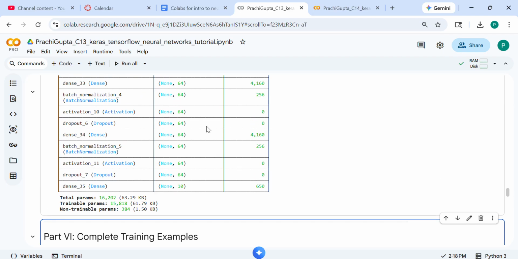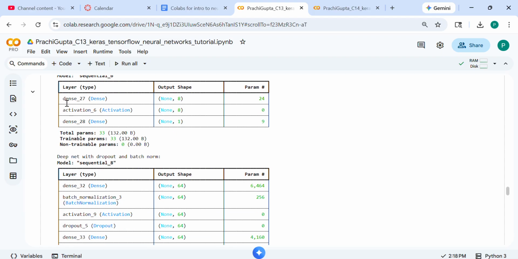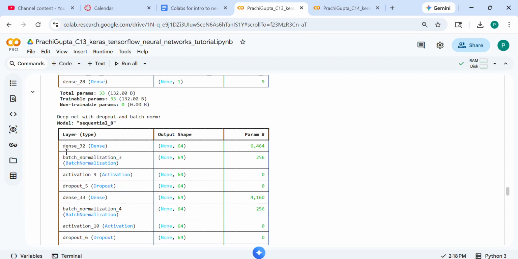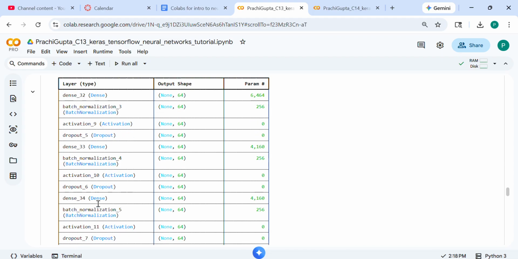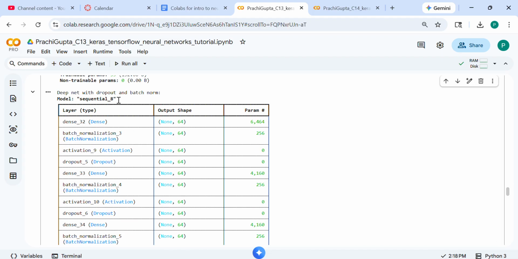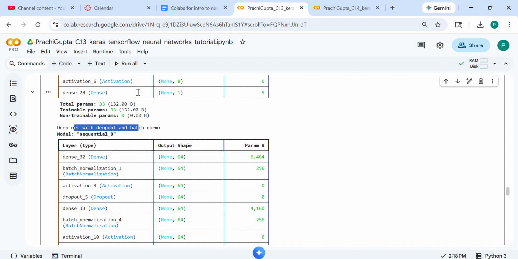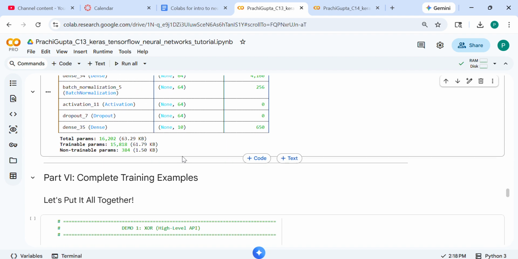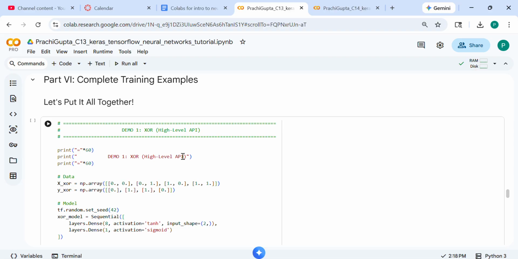I'll just run it. So we can see we have a sequential model, and we have created this deep net model with dropout and batch norm. So this is how we define it. The next part is